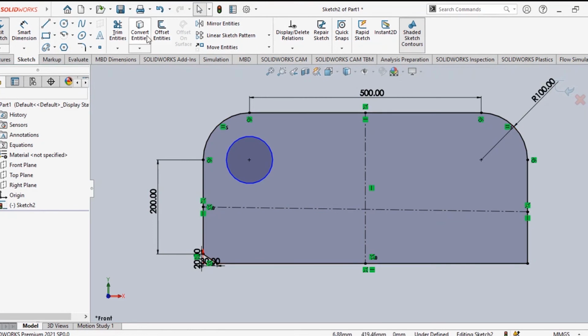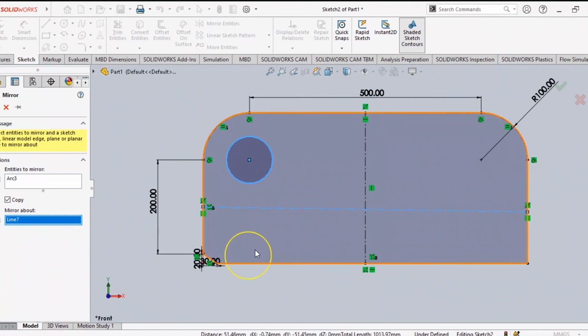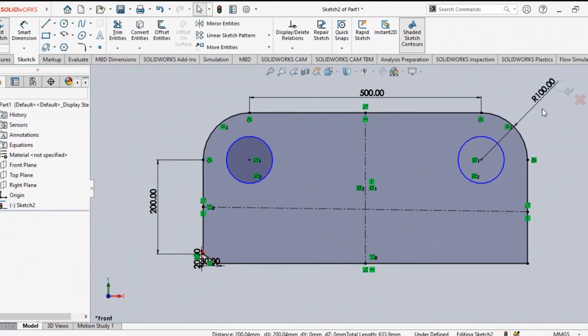What we will do is select mirror entities. Now it is asking for entities to mirror. Which part do you want to mirror? Suppose you want to mirror this. Now it is asking mirror about which line. You can make this one line also, you can make this line also. So you have to define with respect to which line you have to make the mirror. Select mirror about. Now you have to show with respect to which line. If you select the down line, then the mirror will be obtained in the down part. See, the down part mirror is made. If you select this line, the mirror will be made on the right hand side. So this way you can make the mirror, right? Except this one, mirror is made.